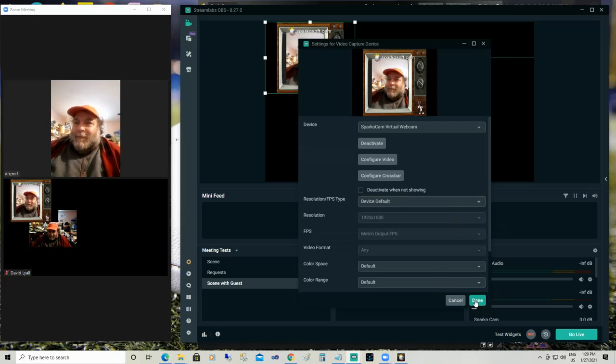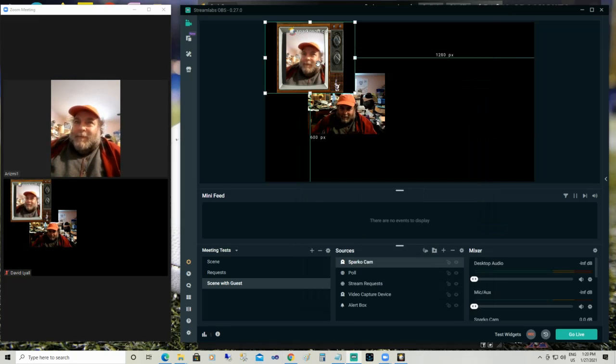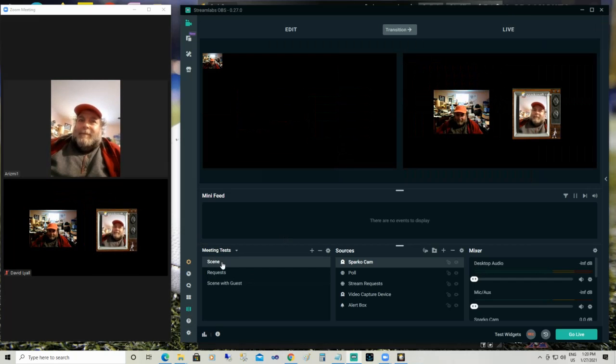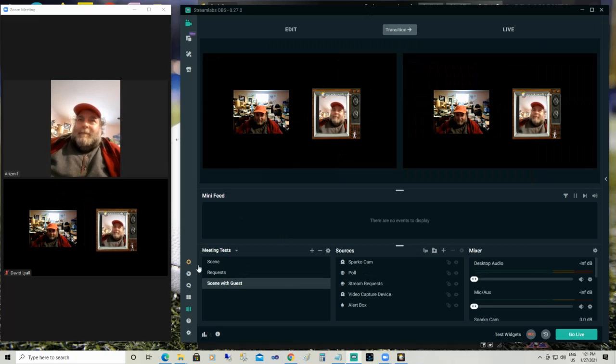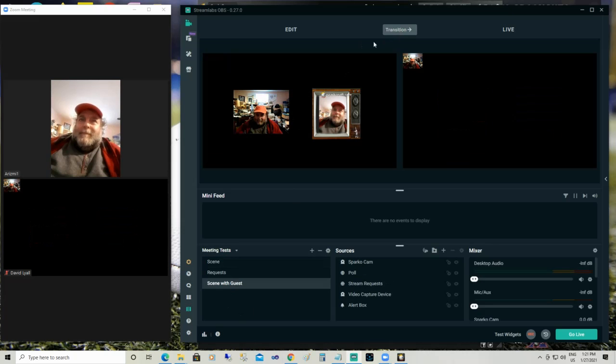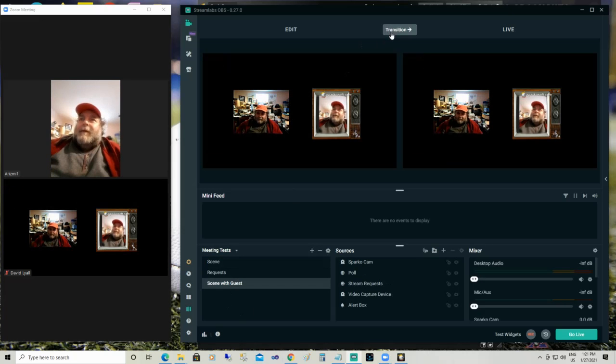Now it's important to have a really big monitor with this, because anything that gets into that area of the screen will become the broadcast, or even have a separate monitor with the Sparko and the meeting and have one window for OBS. Now the guest can see what's happening in the meeting. So once we have the guest connected, we can transition to that scene, and the guest should be able to see himself